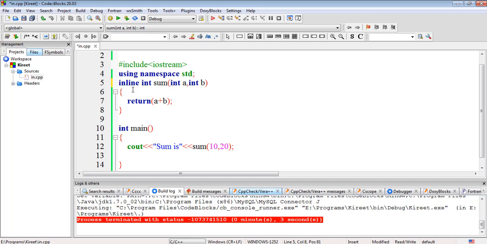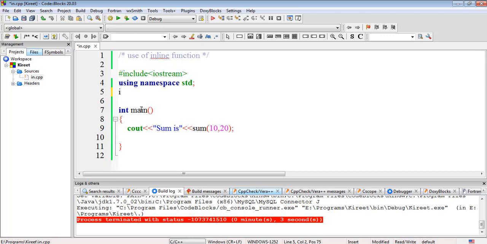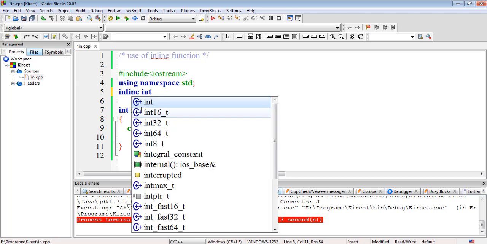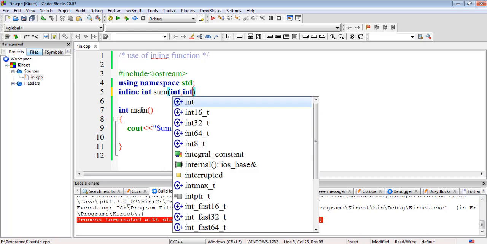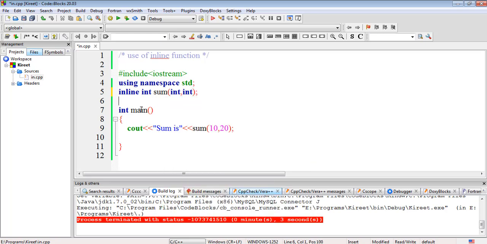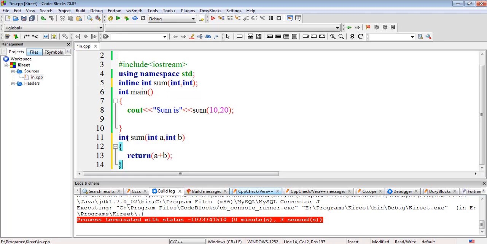So here you can also do it like this. You can also create inline int sum, int comma int. You can also declare the function like this, and here you can just remove the inline keyword.